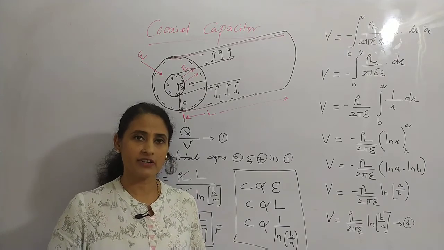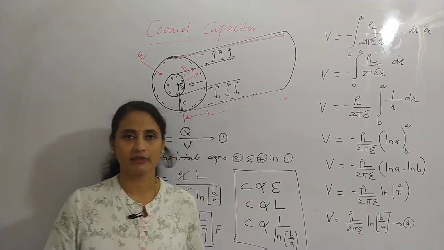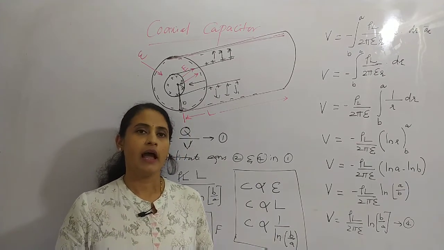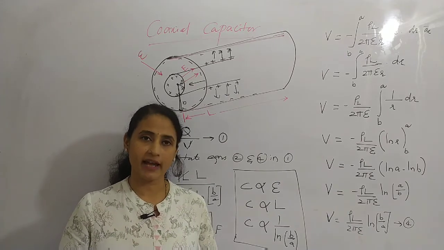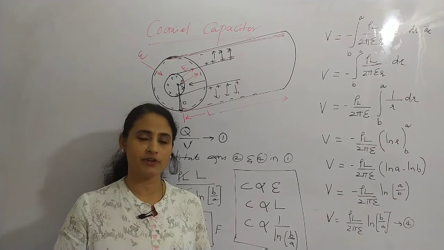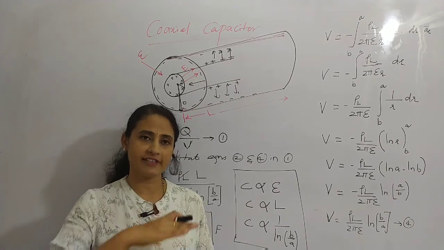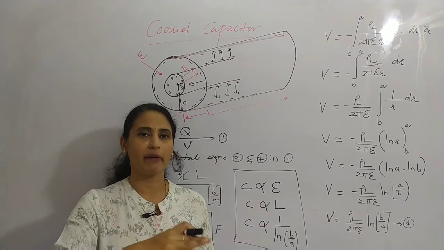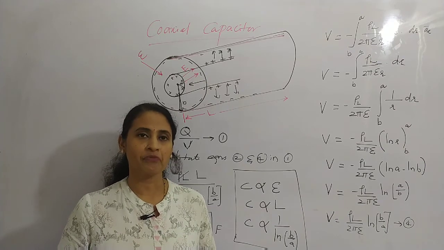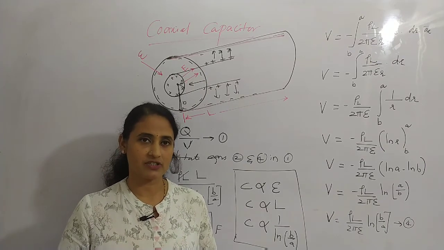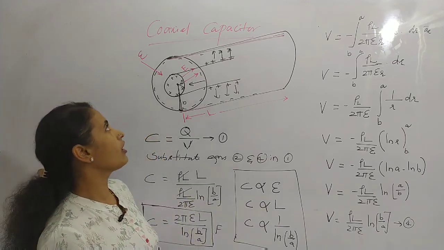So in the last derivation we considered the capacitance between two parallel plates, or two sheets, and based upon that we took a numerical also. In the numerical we had two aluminum foils which are separated, and between those two aluminum foils we kept one small paper of thickness 0.03 millimeters, and we found the capacitance between the two aluminum foils, and then we moved on to the coaxial.